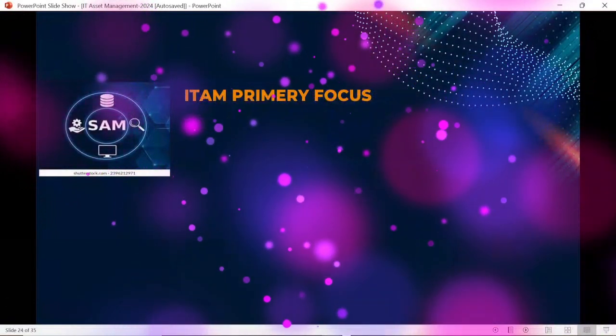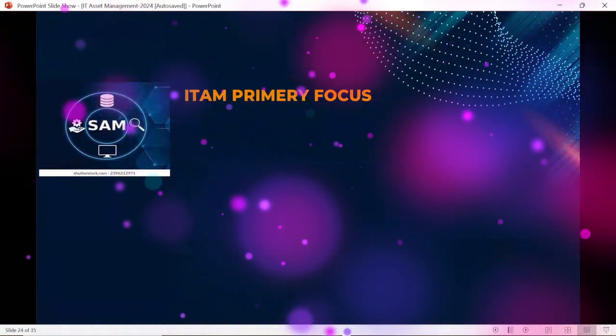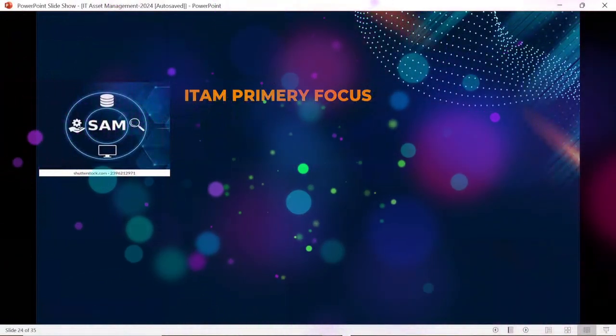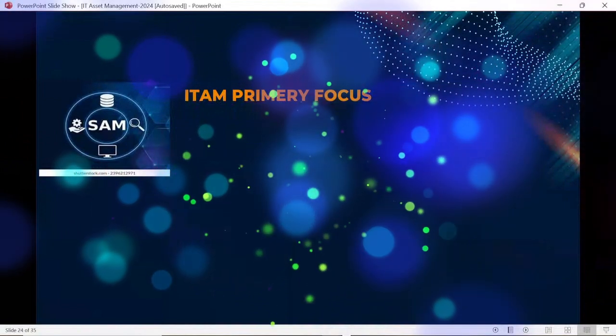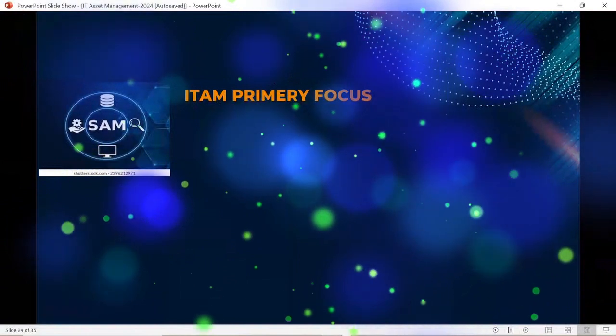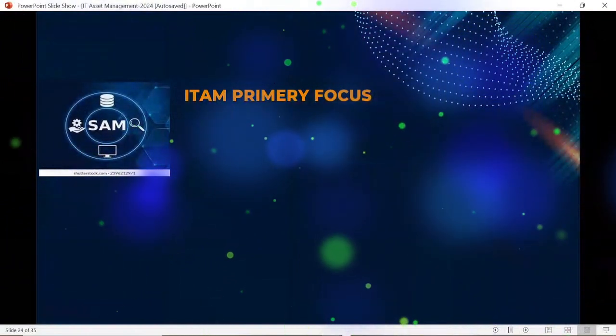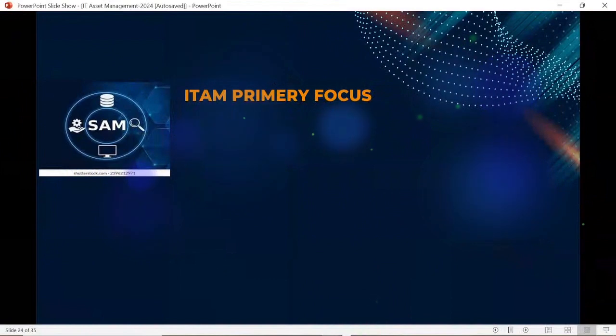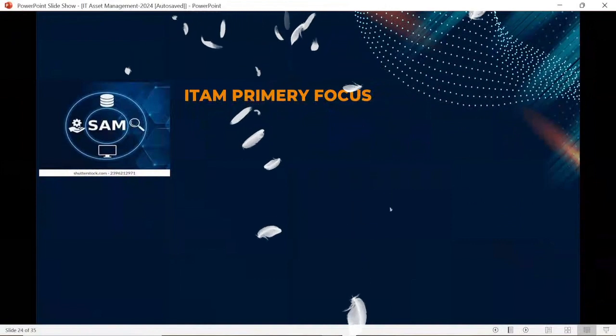And today we are going to understand the primary focus of the IT asset management team, which is helping every organization to streamline their IT infrastructure, optimize the cost, monitor the usage of software, and make their organization audit